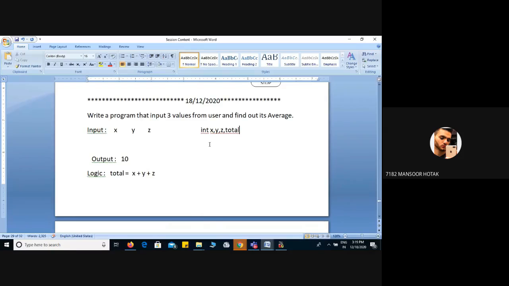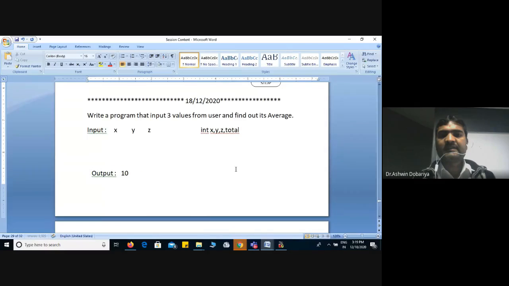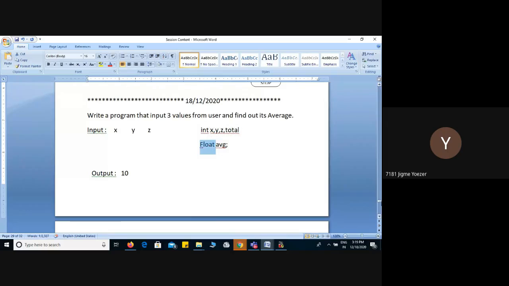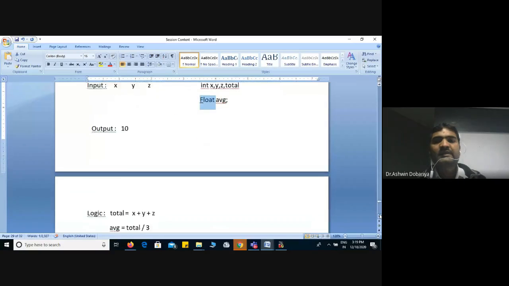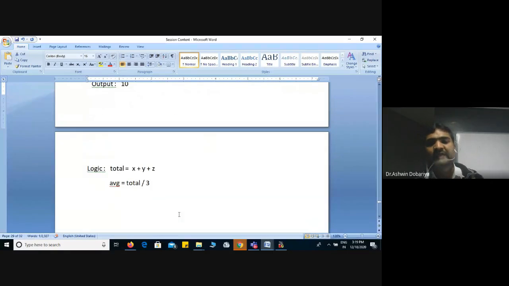It will have a decimal point. You need to put a float. So the average should be a float. Average we have to declare as a float. And if you know these things, I hope friends, you are now able to write the program